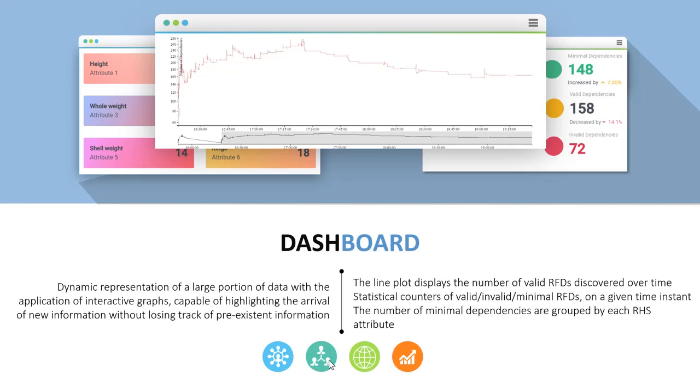These are some of the components of the BigVis dashboard. In particular, one of the main components is the line plot, which is responsible for displaying information about the number of valid dependencies discovered over time. It is divided into sections. The upper one is the main line plot, showing the number of RFDs holding at each timestamp, whereas the line plot at the bottom